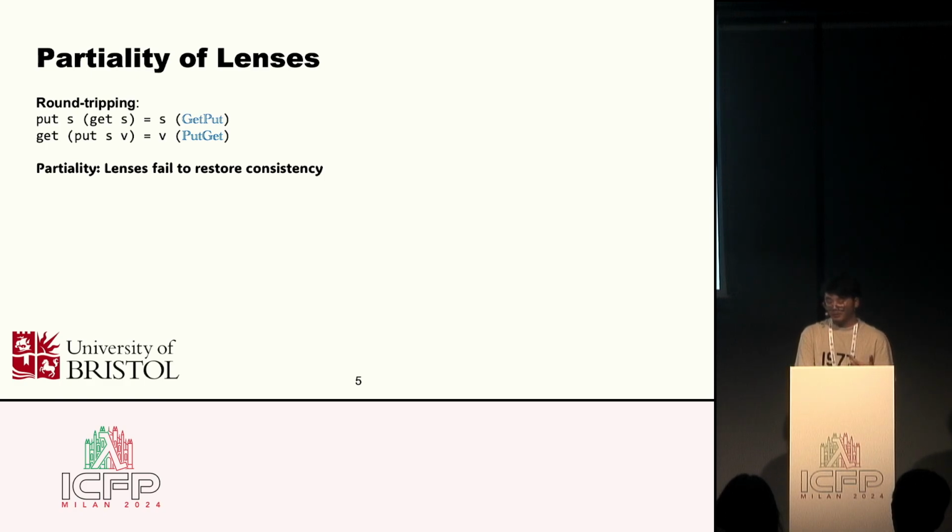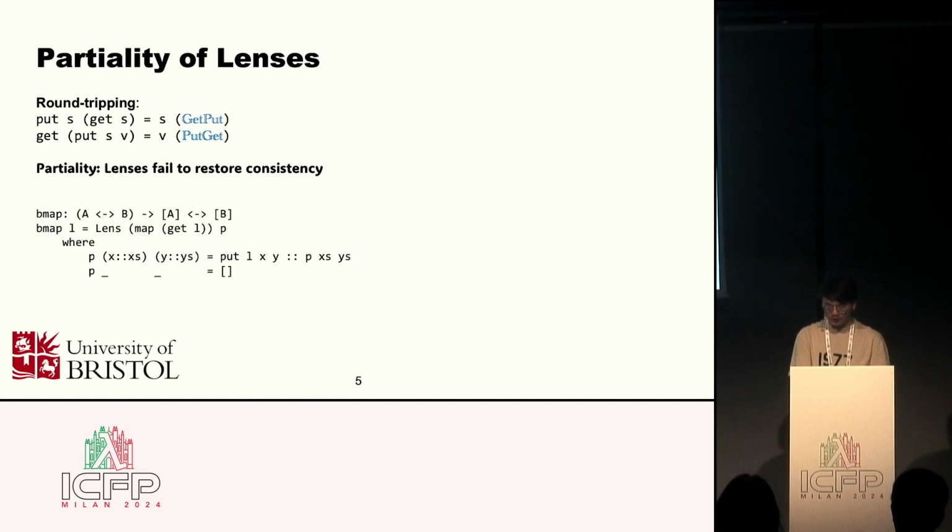The partiality can be inherent, where the get function is non-surjective, so there's no meaningful put semantics for values outside of the range of get. This partiality can also be of design choices. As an example, consider this definition of list mapping